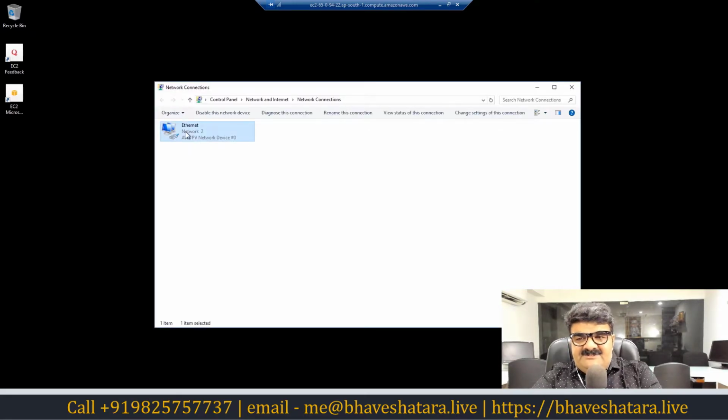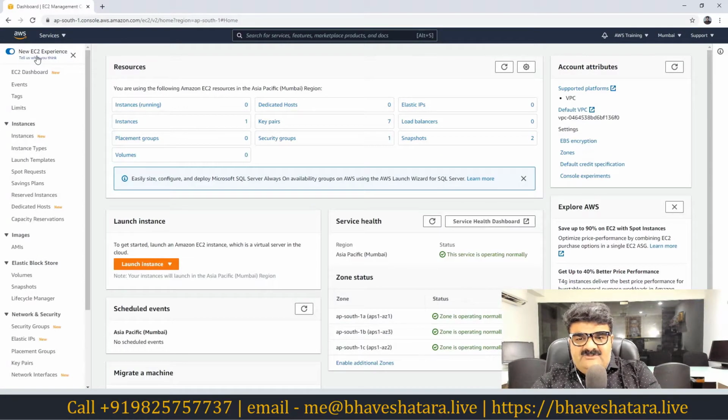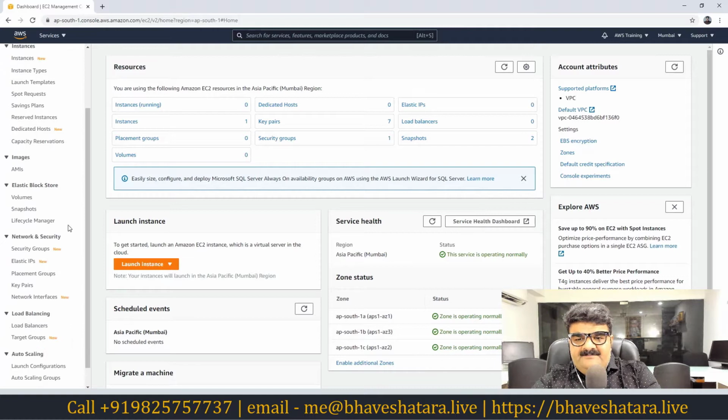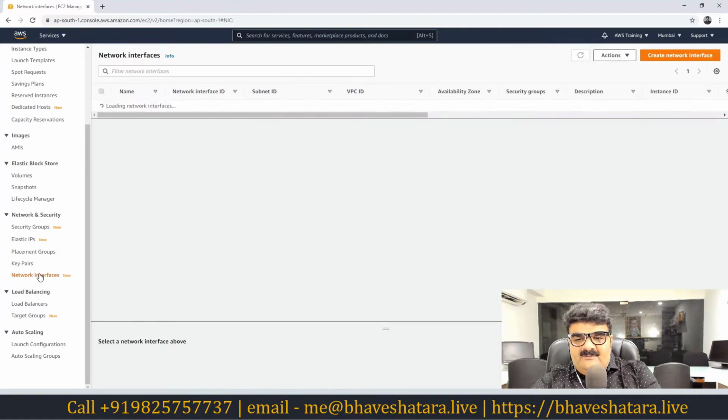In many applications, you are required to configure multiple NICs. It is also for redundancy. So now I'm going to explain how you can configure multiple NICs with your EC2 instance. This is my first point. To configure multiple NICs, you have to go to the EC2 dashboard, and here you will get network interfaces. Look over here, we have this option under Network and Security. Now you can click here.